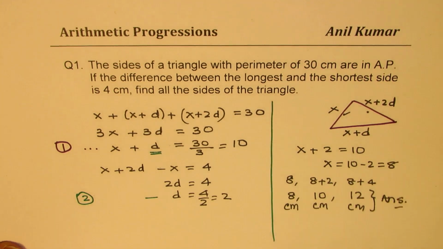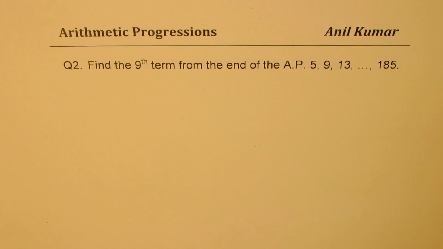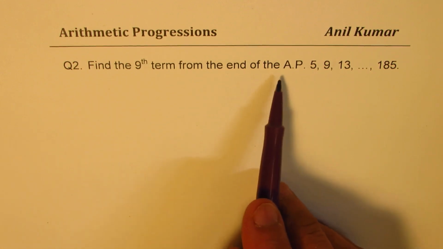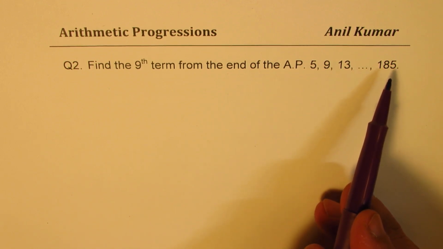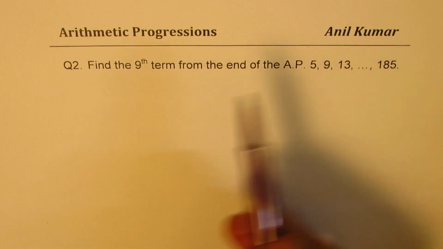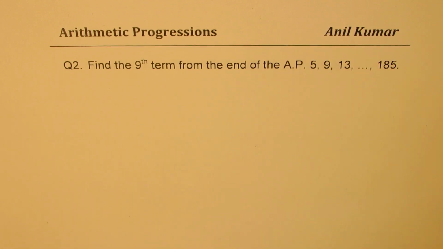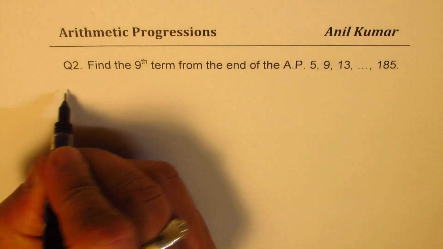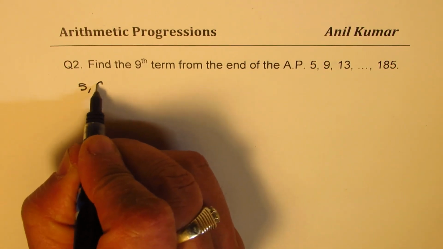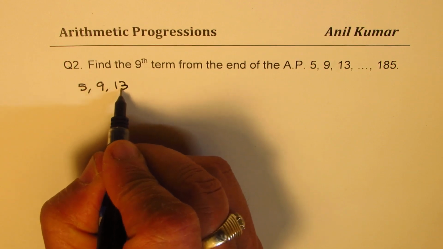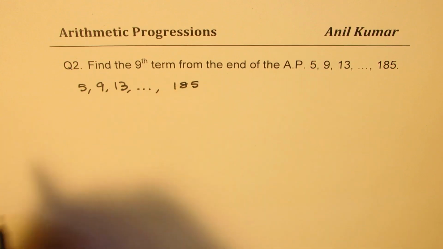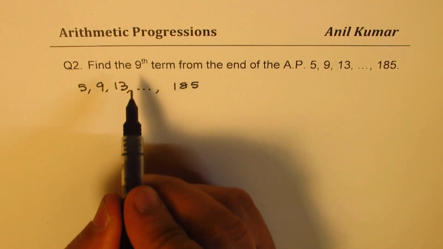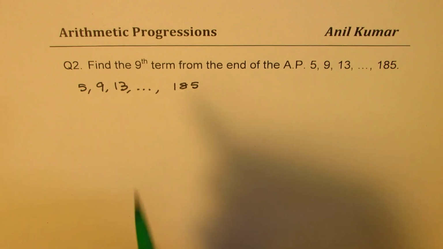Now let's take the second example, which is find the ninth term from the end of the AP 5, 9, 13, 185. So now we have to find the ninth term from the end, right? So let's rewrite this arithmetic progression. So we are given 5, 9, 13, so on till the last term, which is 185. Since we have to find the ninth term from the end,